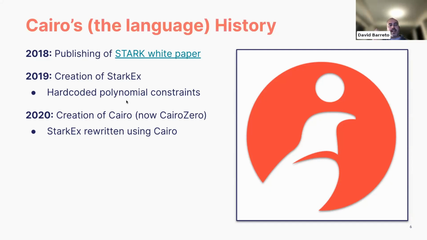And the first goal of that version of Cairo was actually to help StarkX to be more flexible in what